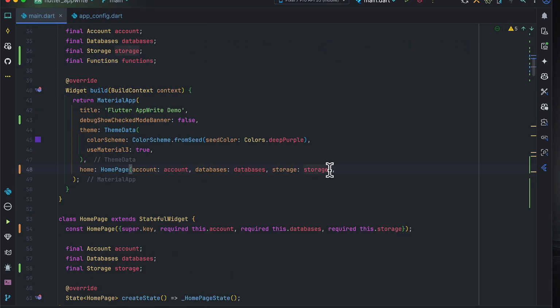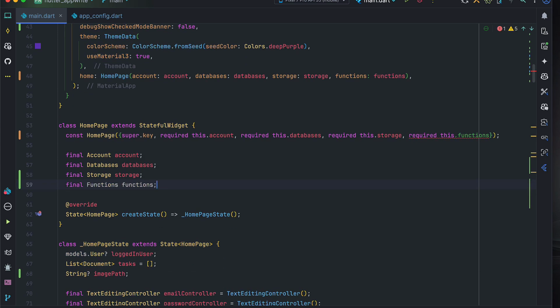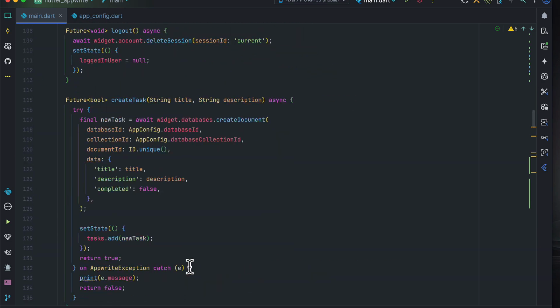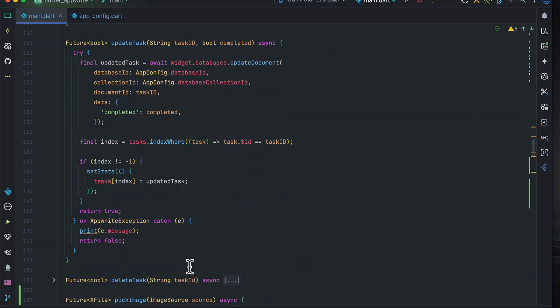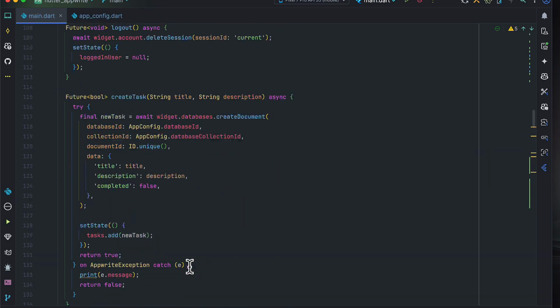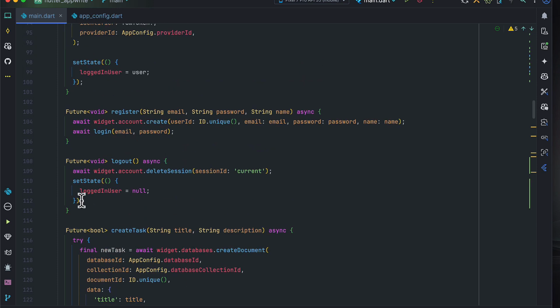You can pass that down to the home widget, which we are going to use over there, and we can require that in the constructor of my home page over here. Then you can do the same thing by bringing in the functions. There you go. So we'll be adding functionality to the logout method. So we search where we are logging the user out, the functionality. Yeah, there it is. So we'll try to log the user out by calling a function. So I'll comment this out, and this function is going to be,